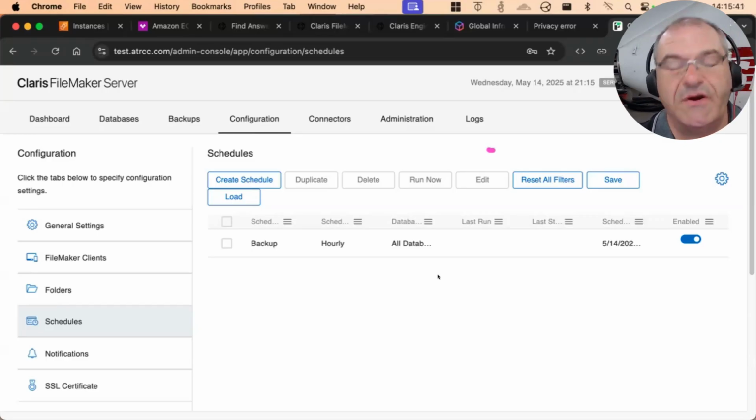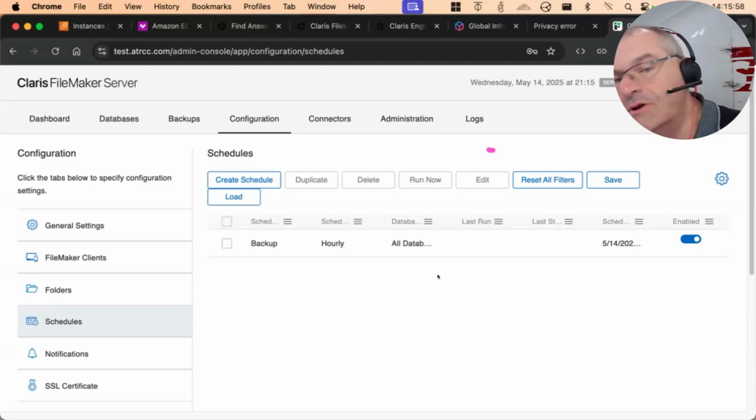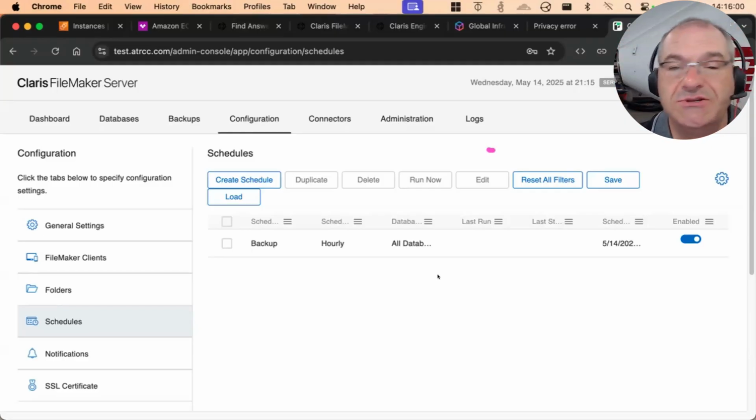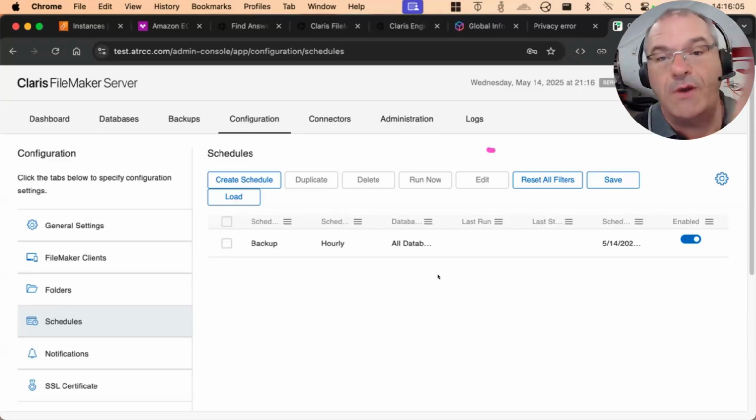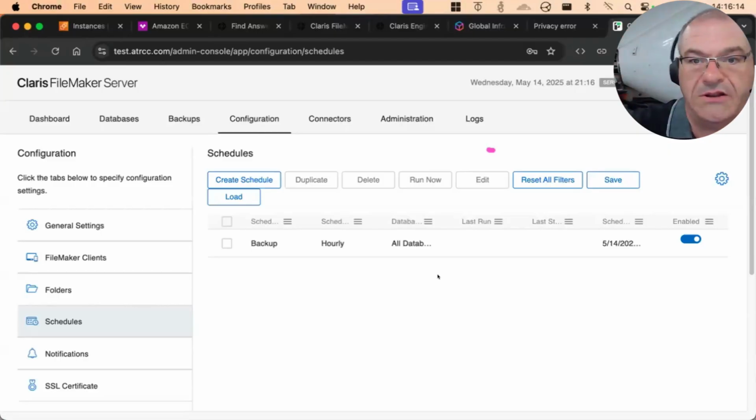So what you want is for FileMaker Server itself to run very fast backups to local drives. Then another program, another process that has nothing to do with FileMaker, grabs one or more of those backups that were already created, maybe an hour ago, maybe a day ago, and moves them to wherever you want, Dropbox or NAS or network storage. It's up to that program to successfully move it from point A to point B. FileMaker Server is still running a live database with a live file. It doesn't see that. It doesn't know about it. It's the vending machine. It just keeps going, right? So it's a totally separate process to get handed off.